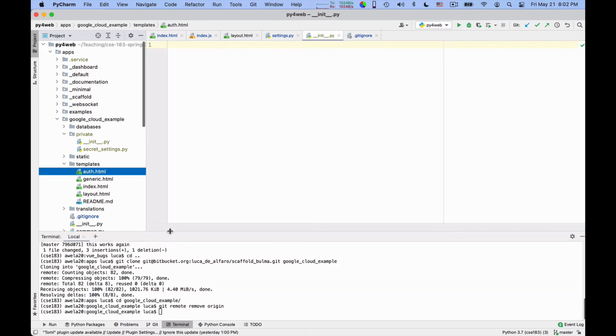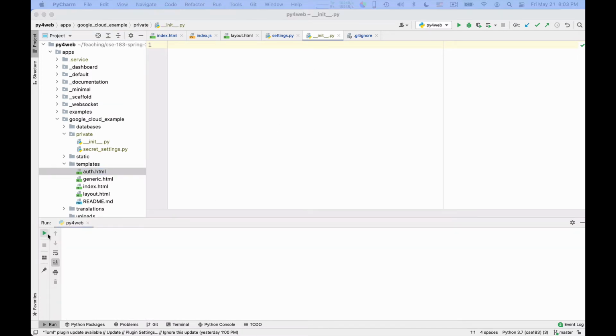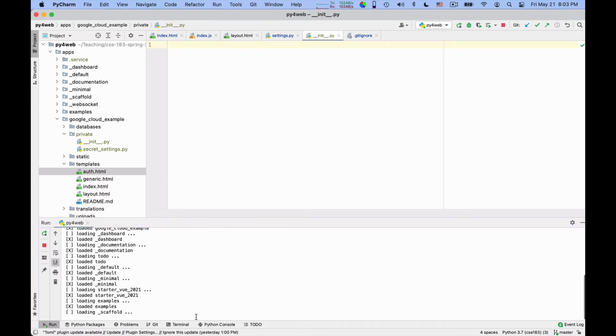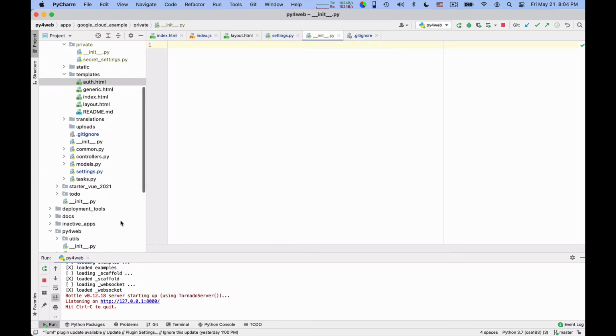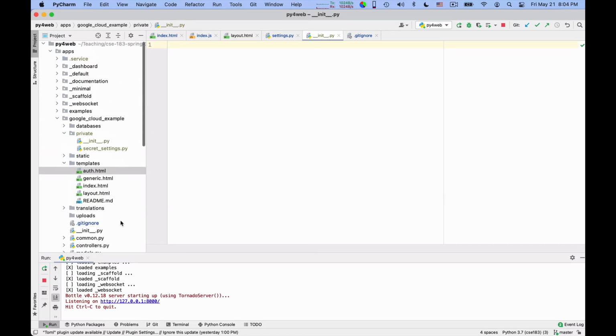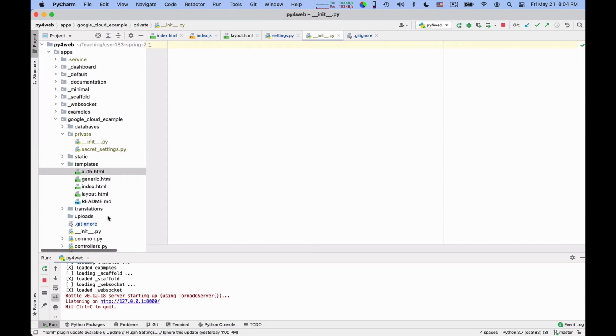At this point I may want to test that this works. So if I try to run the application, run Py4Web, this succeeds, which at least means that the import goes through. So I have my secret keys. The next thing I need to do is modify the layout to account for the fact that we don't have these login, register buttons. We just have a login button and it has to direct us to login via the Google Cloud. So let me take care of that.